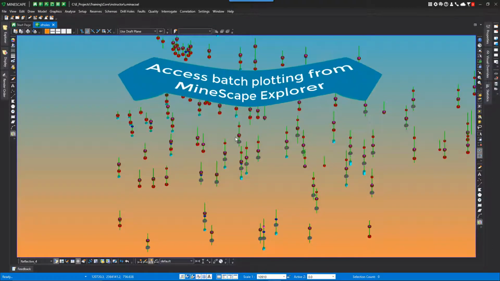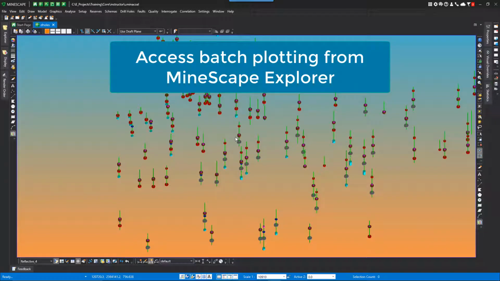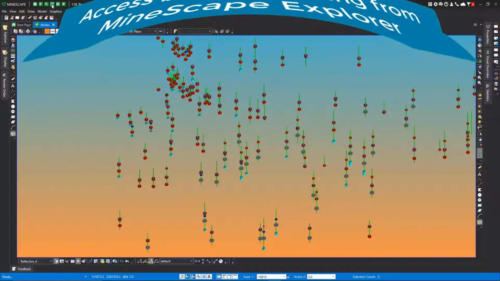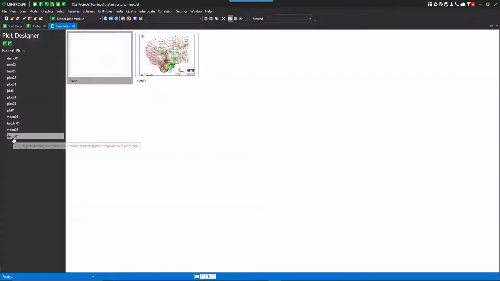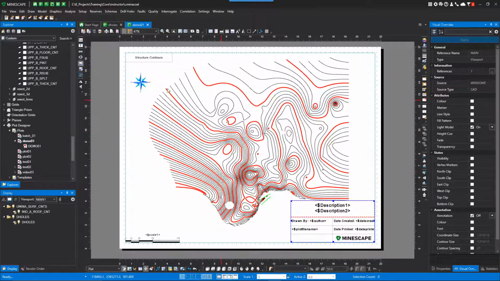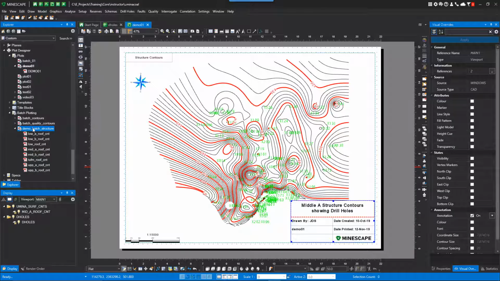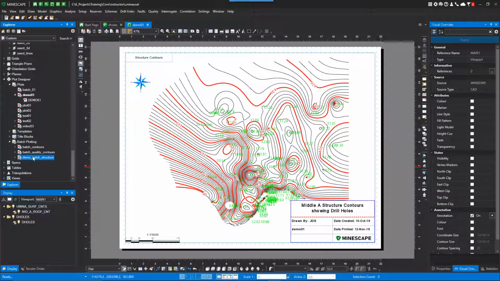To do batch plotting, open the folder batch plotting, and then either create a new spec or open an existing plotting specification. So first, I'm going to show you which plot designer I'm going to use. I called it Demo 1. So I'll open it up so you can see how it's built. And if I toggle this, you can see the descriptions being changed. So if I just open up batch plotting, I've created one called Demo Batch Structure. So if I just edit this,